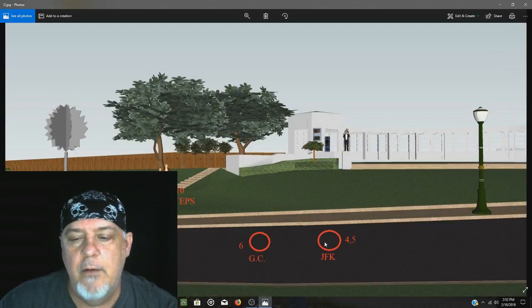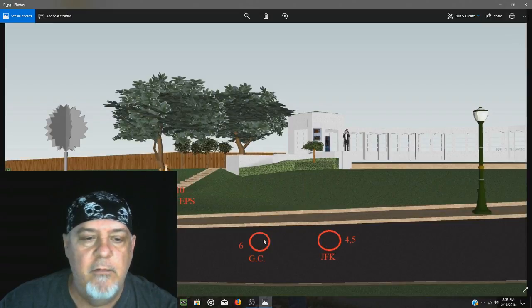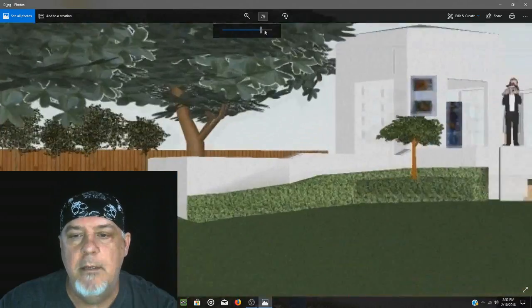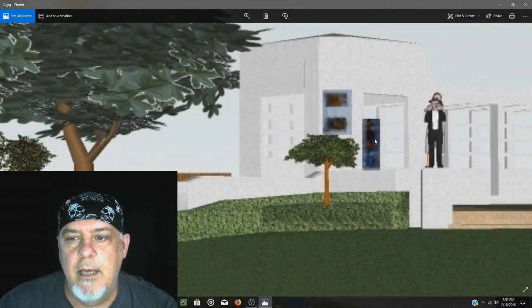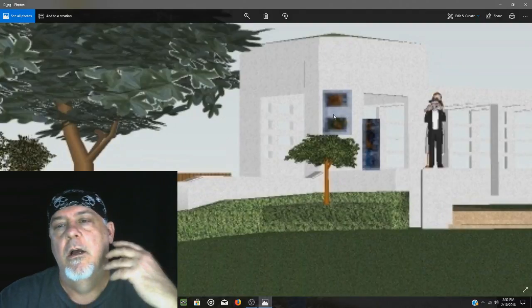Now we got the fatal headshot, JFK, and shot number 5. That came from here. And then we have Governor Connally shot here and the steps here. But as you notice, I put the 2 gunmen in their locations. They're a little bit bigger. They should be a little bit smaller,